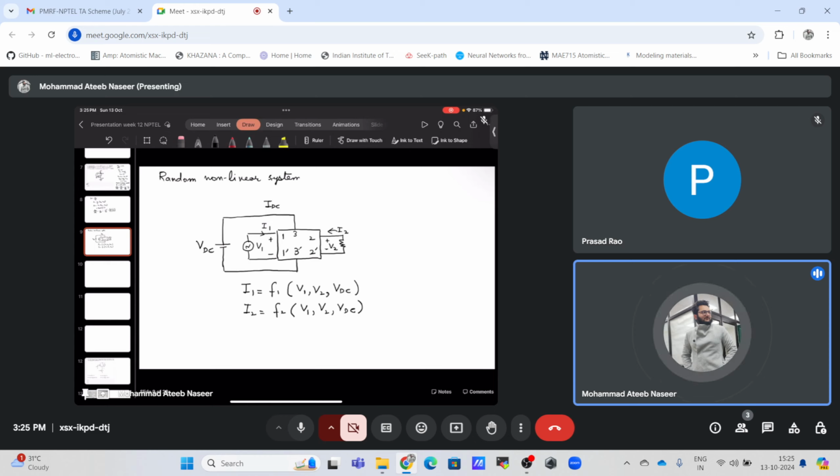So for this non-linear function, we cannot have a closed form solution. So what we will do is use the Taylor series. Taylor series is used in order to get some estimate of the functions by considering a particular operating point. So let us say we set some initial conditions, we set some operating points. So if we assume some operating points,